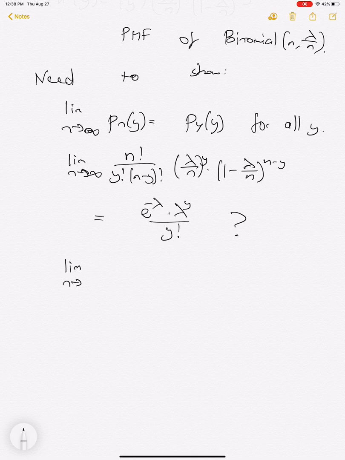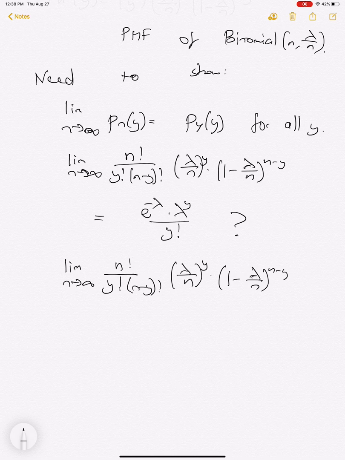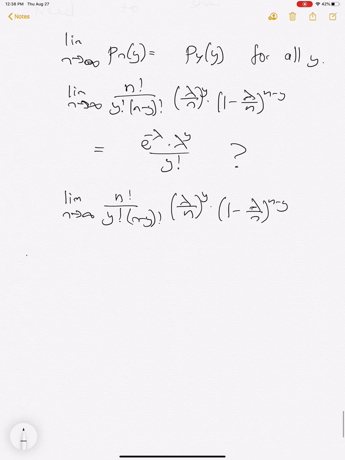So let's look at this limit here, and we're kind of at an advantage because we know what the answer is. So let's try to just get there. What's nice is we already have the lambda to the y over y factorial here, and we can bring that out of the limit because that has nothing to do with n. Okay, and so what we end up with is n factorial